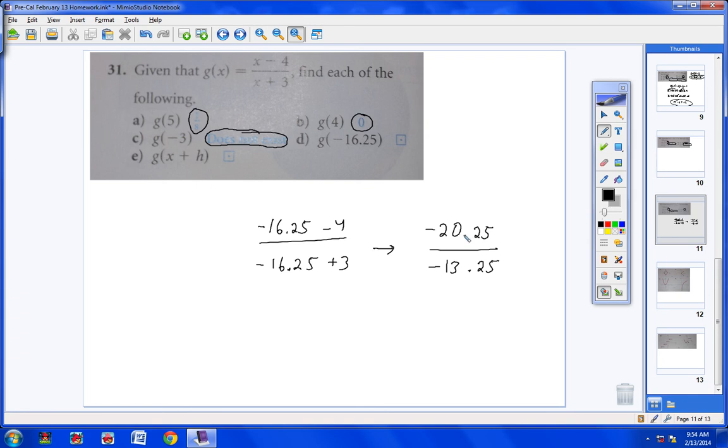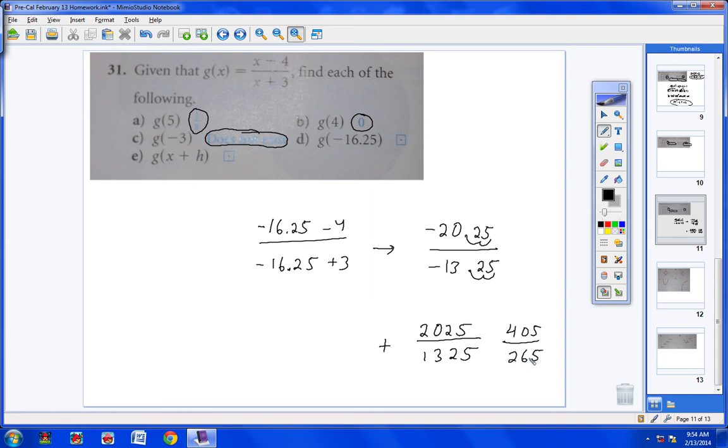Now I can simplify this pretty quickly. You can move the decimal 2 places up top as long as you move it 2 places in the bottom, and a negative over a negative is a positive, so the whole fraction is positive, and you would end up with 2,025 over 13,025. Now I'm not going to take time and reduce that. I mean, quickly you can reduce it by 5, and you would get 405 over, let's see,